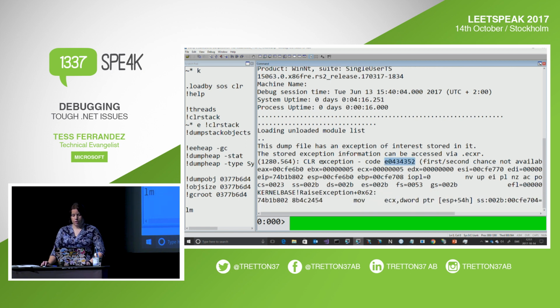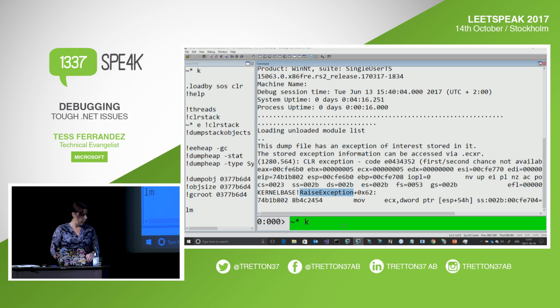This code is for .NET exceptions. CCW stands for COM callable wrapper, which is a remnant of .NET once being COM++. And we're essentially stuck in a race exception, so we're raising some type of exception, and we can figure out from here what it is that we're doing. So we're going to start off with a simple command,